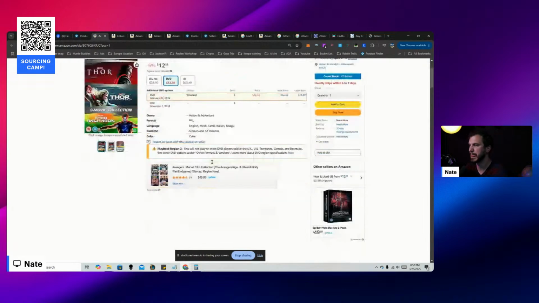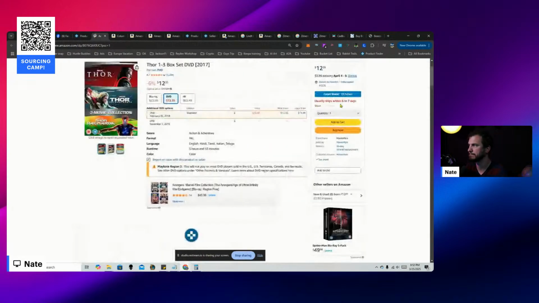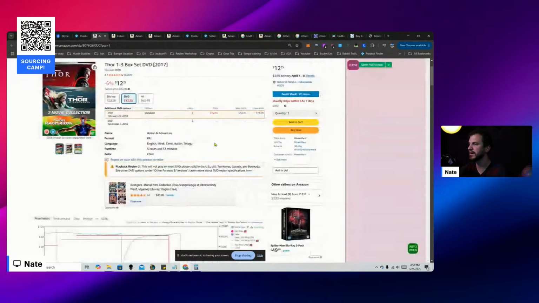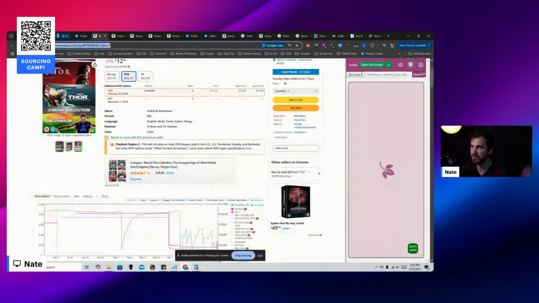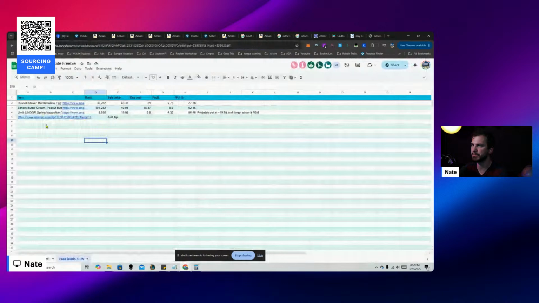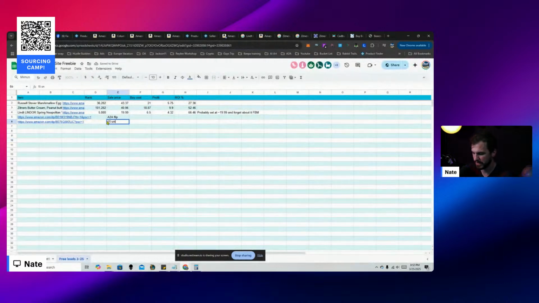How many do they have in stock? 15 in stock. That is a fair bit. So you're kind of risking here. I'll put this on our list, but you kind of have to either buy them out or hope somebody else buys them out. 15 units before you start making sales. Because they will absolutely get the sales before you. There's also the weird playback thing that I haven't seen before. I'm not sure how to like verify that